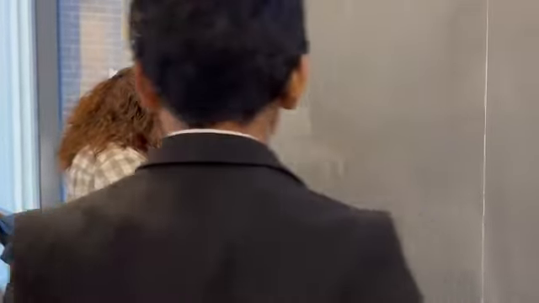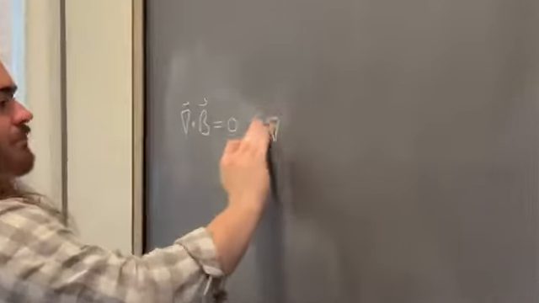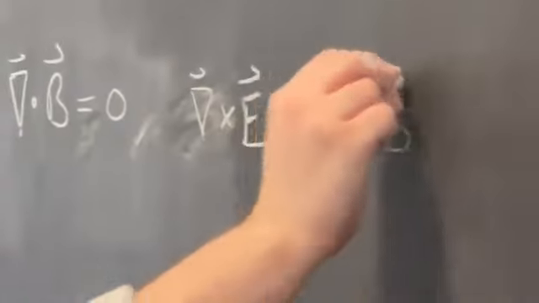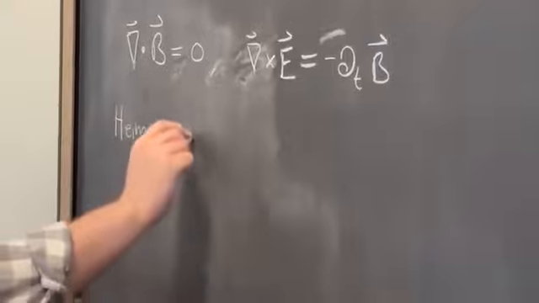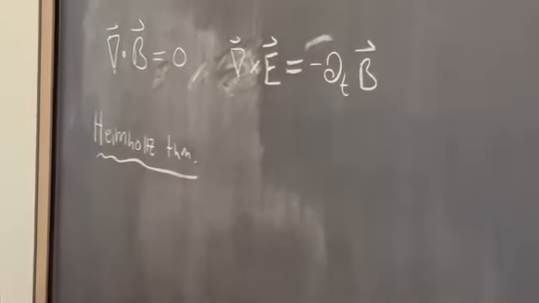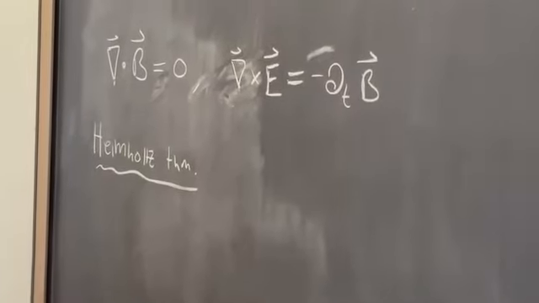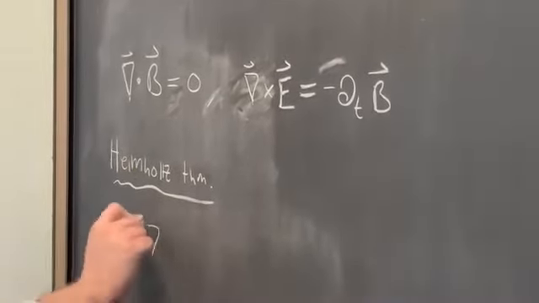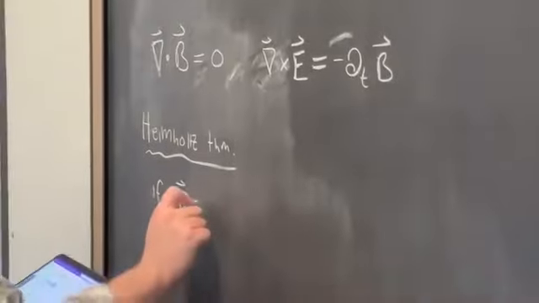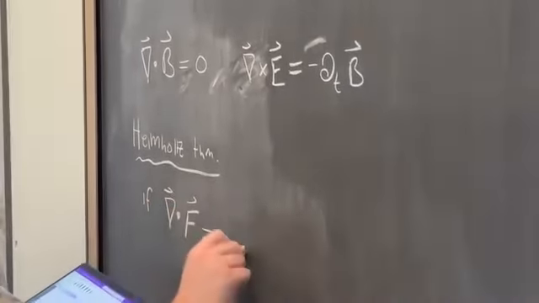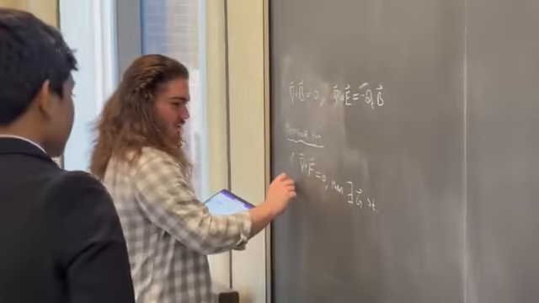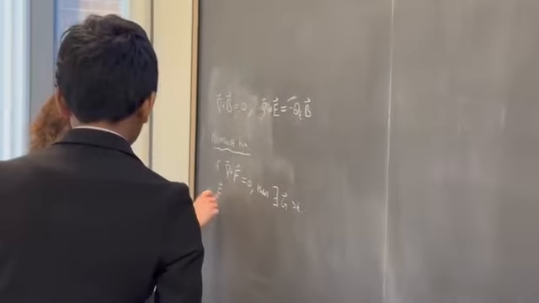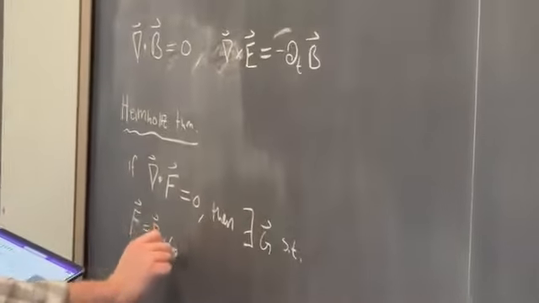So we have this equation, and then we have the curl equations that I showed you as well. Curl of E equals negative partial t of B, and I forgot the name when I did this in our last section, but the Helmholtz theorem. It's something that would be nice to read up on. Griffiths has a good appendix on it and a section on it in the first chapter. It says that if the divergence of some vector, let's call it F, is 0, then there must exist some other vector G such that F can be taken to be the curl of G,